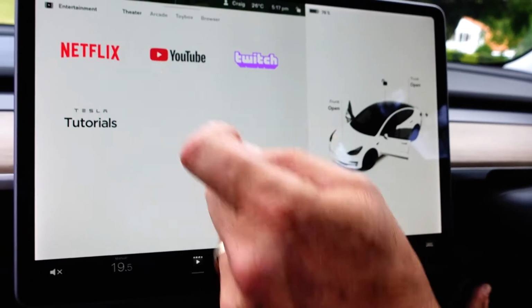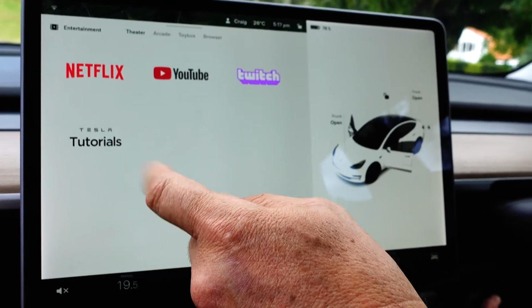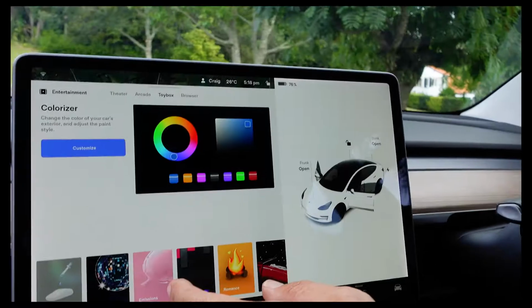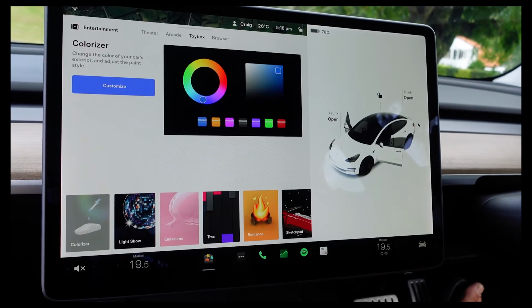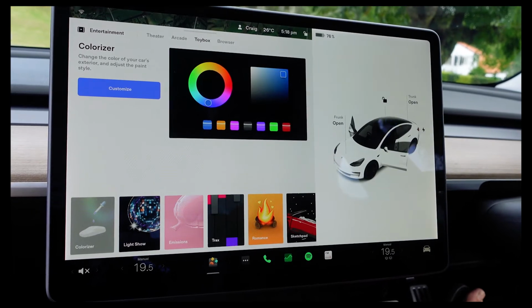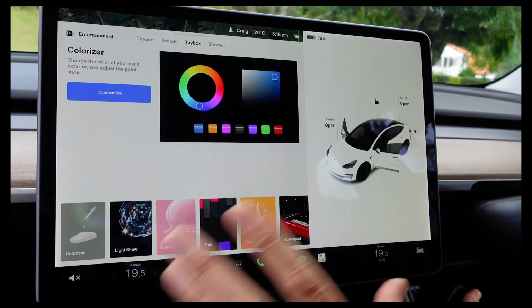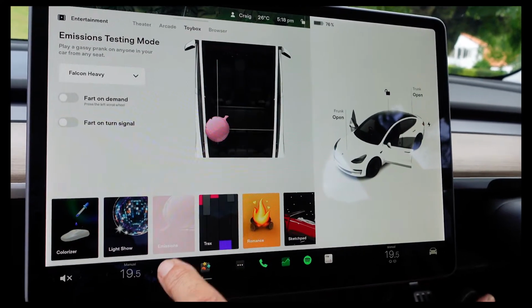You might want to watch Netflix or YouTube. There's Tesla tutorials if you want to learn about your car. And Twitch, which is a gaming platform. At night time we can do a light show, so that'll open the doors, close the windows up and down, play a tune and project Tesla out of the headlights onto whatever you're going to project onto, the side of a hill if you want to. And of course there's the proverbial